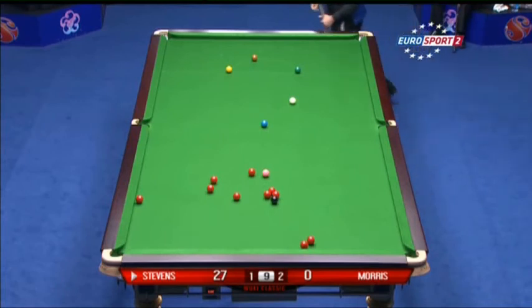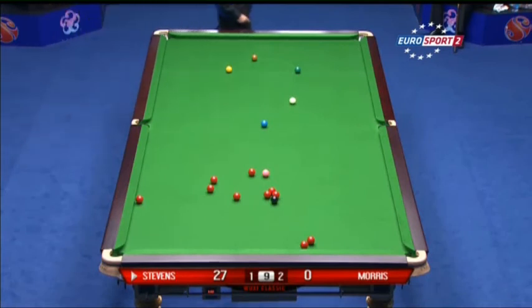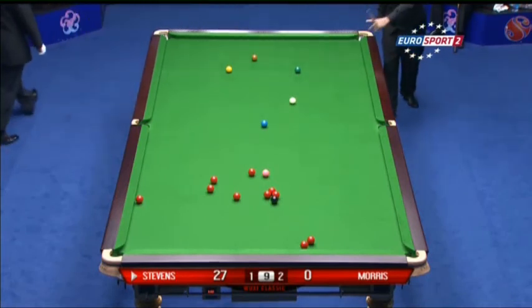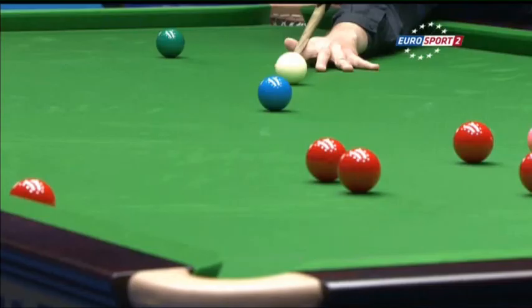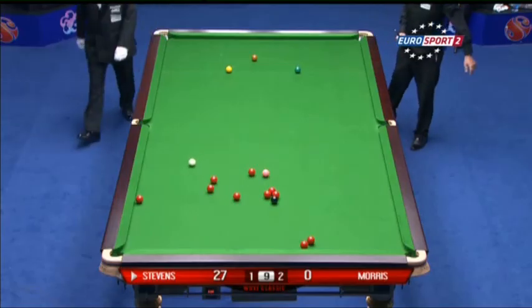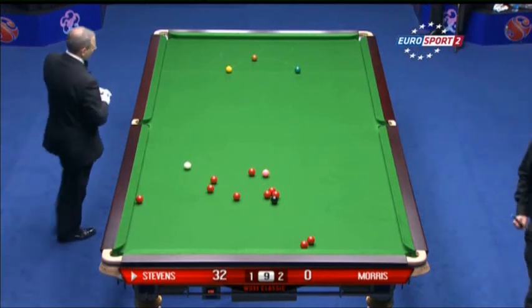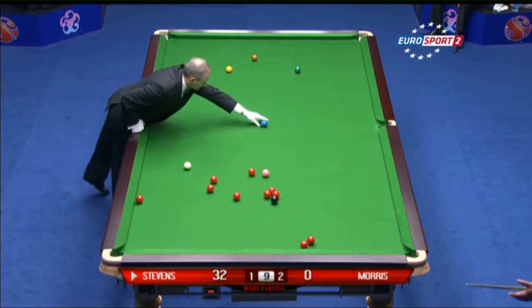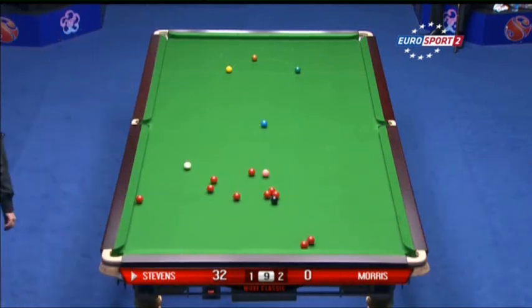Well, I guess the other thing about these modern tables, Mike, is that the nap is less important than it used to be. Because back in the day, when the cloths were that little bit thicker, you could really tell when you were playing against the nap, couldn't you? The ball would visibly deviate, less so now. Yes, into the middles especially. You'd aim for the back half of the pocket and it'd come back into the middle. They hardly move offline these days. You're playing into the centre of the pocket all of the time, knowing that they're not going to move. So there have been